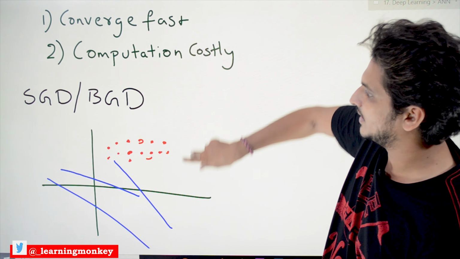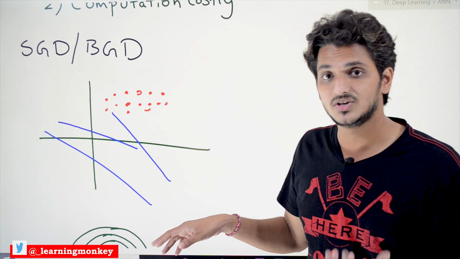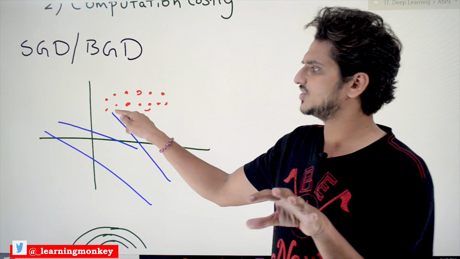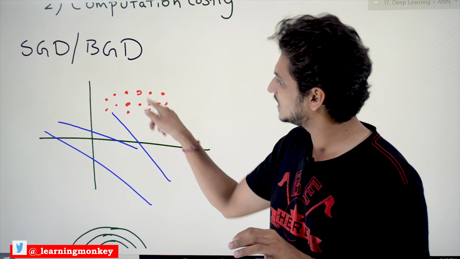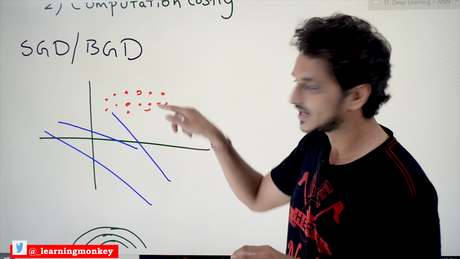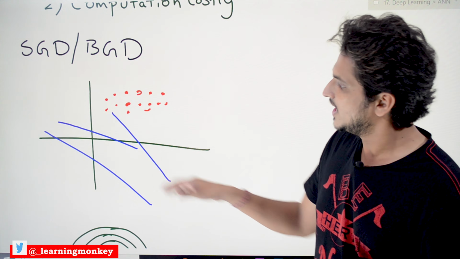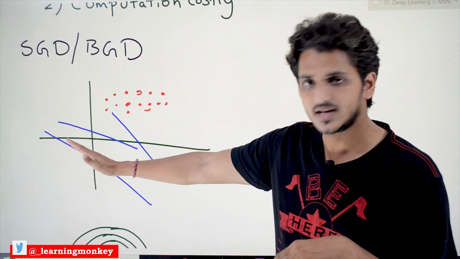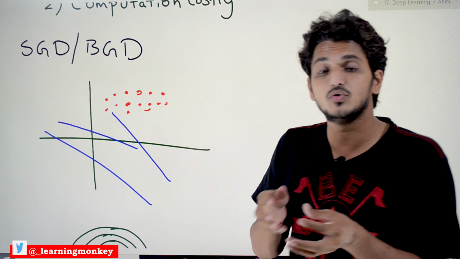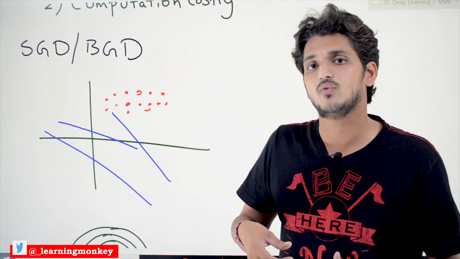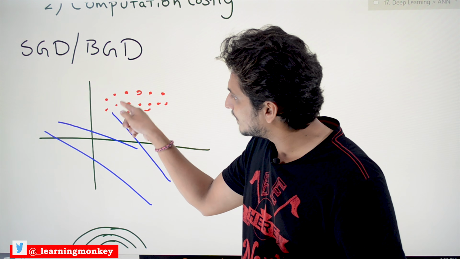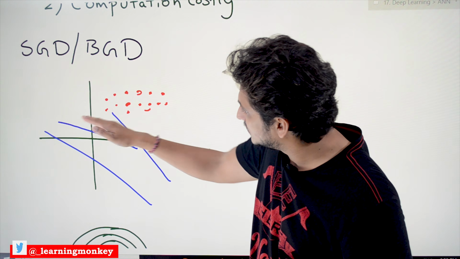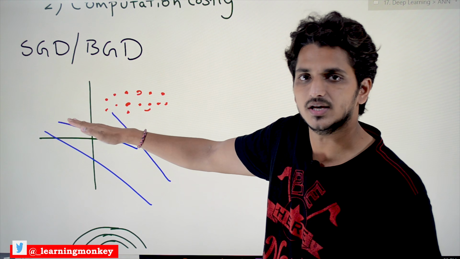Let's understand how it will be. If you are applying batch gradient descent, initially we selected these W values, and let's consider these 4 points become one batch, the next 4 points one batch, the next 4 points one batch, like that we are taking 4 points as a batch. So the initial values W1 and W0 give this line. Based on these 4 data points, we update our W1 and W0 values, means W's move in the direction of these points. So our W values come here.